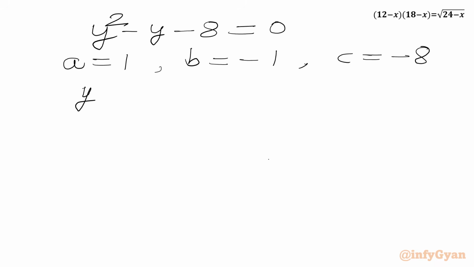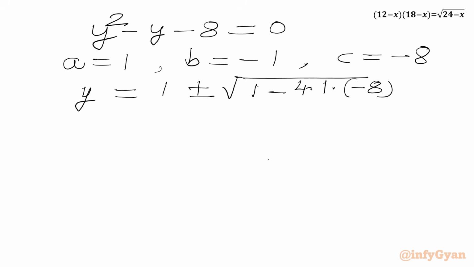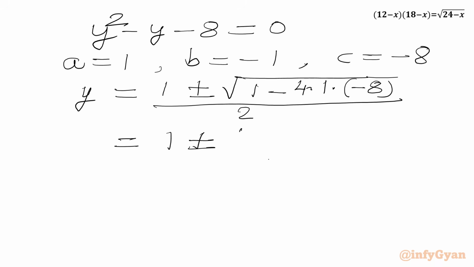We'll apply the formula here. y equal to minus b plus minus square root of b square minus 4ac, so minus of minus 1 plus minus square root of minus 1 square, we'll write 1 minus 4 times 1 times minus 8, over 2 times 1, so 2,